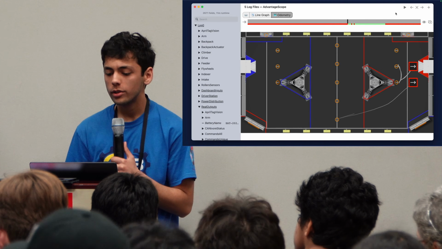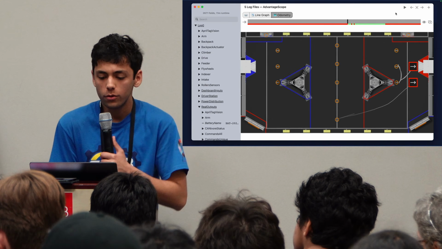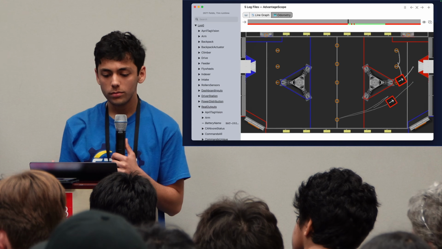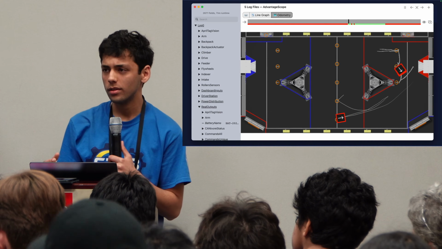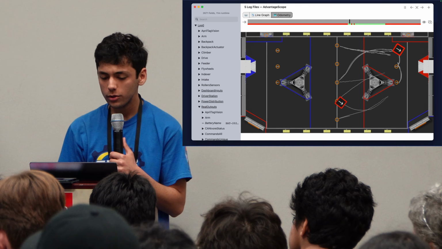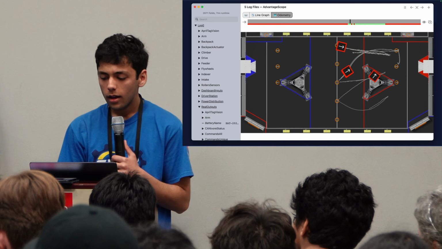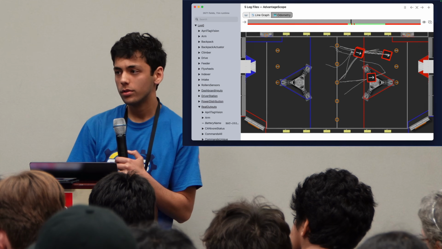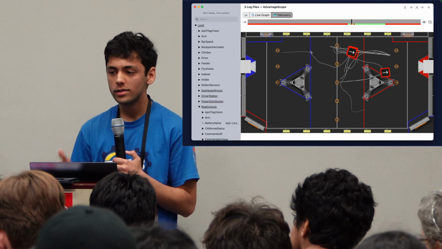So this is our second 2024 event. And here, of course, we have more variety in our autos. You can see we're taking some more center line as well as some of the out front notes. And we have multiple paths, of course. The tracking is still looking pretty good. And as soon as we get into teleop, you can see that we have a lot more of a straightforward and stick to the plan